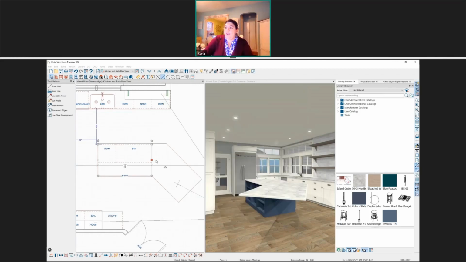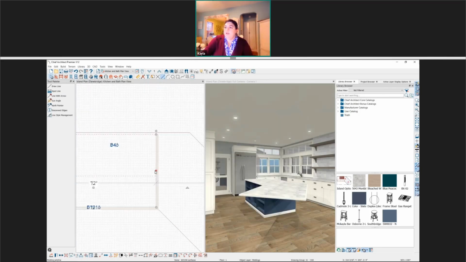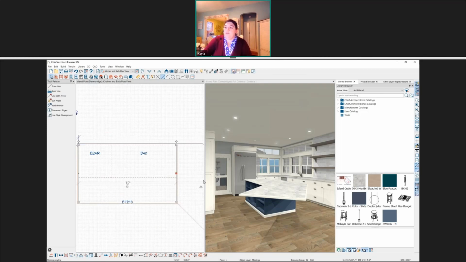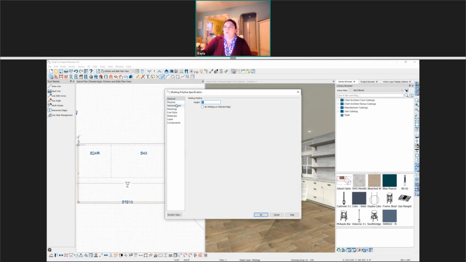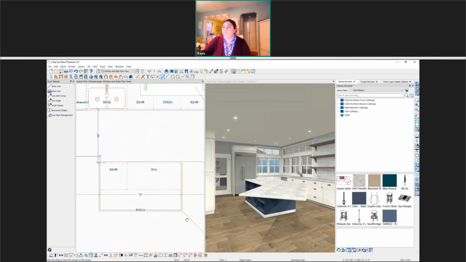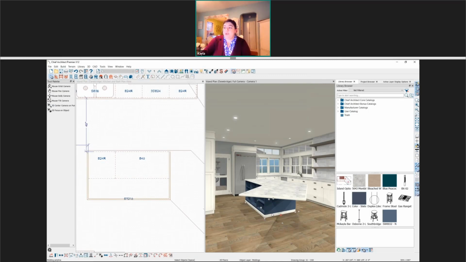So if I select OK and we zoom in on this molding, inside of the line, it's a little confusing the way that we drew it, but it's going in the correct direction. If I had chosen to extrude outside the line, because of the way that we drew it, it has to do with the start and end points, it would be going this direction. So we're set exactly how we want. If it was going into the cabinet, we can open up a molding and change whether or not we're extruding inside or outside. This makes a little bit more sense when you have a closed polyline. Because we have an open one, it's a little bit different. All right, so there we have that custom molding.